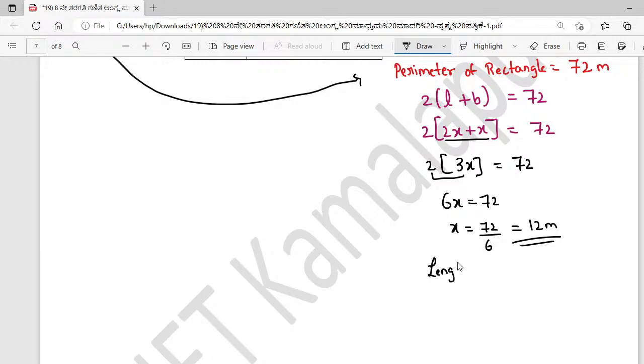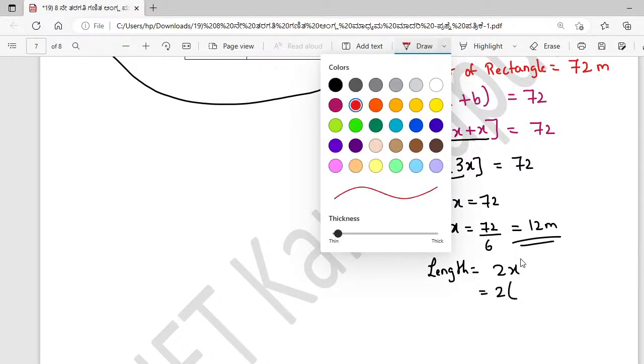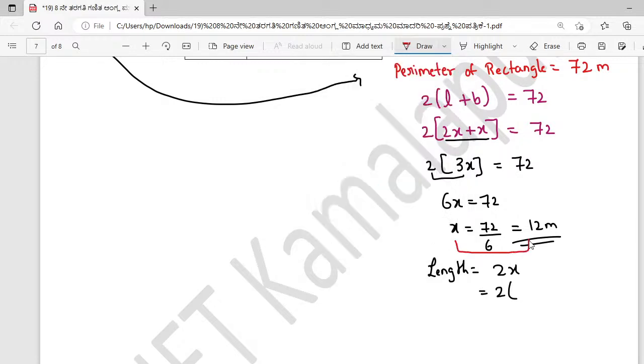So length, what do we consider as our length? That is 2x. What is our x value? We got it, as you can see, the x value we got is 12. So substitute 12 in place of x, and 2 twelves will give the value as 24 meters. This is the value of the length. And one more value we need to find out is the breadth, and breadth we consider as our x